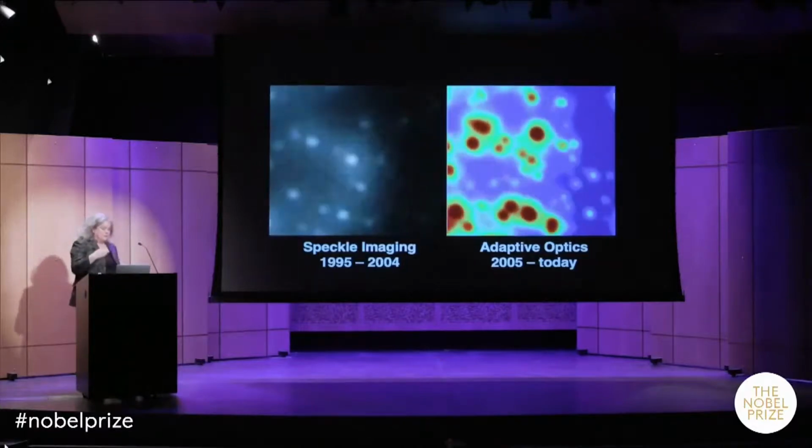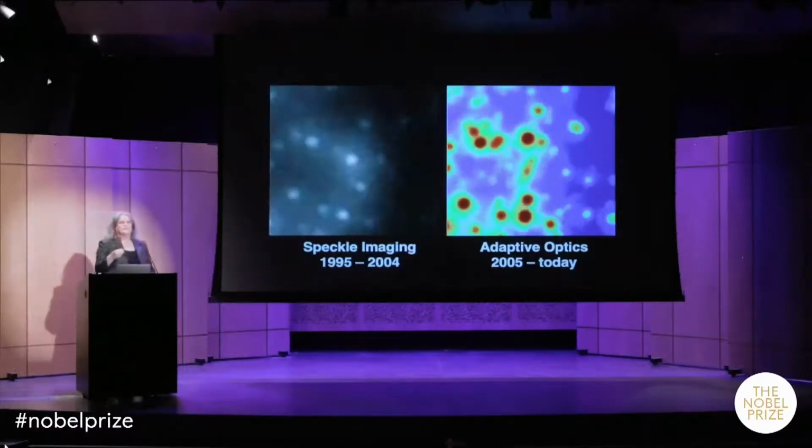And those spectra are important for a number of reasons. One is that for the first time you get to measure the motion along your line of sight. So this movie shows you how things are moving in the plane of the sky, but you're missing the third dimension. So spectroscopy allows you to figure out how things are moving along the line of sight, and for the first time, actually allows you to explore the astrophysics of these objects. In other words, to ask, well, what kind of stars are we looking at? And I'll return to that in a moment.